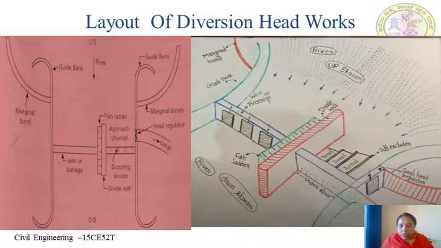You can see here, this is the canal head regulator, whereas undersluices are provided at a slightly lower level, that is at least 1 to 1.2 meters lower. Also, piers are constructed at regular intervals, and between the piers gates are provided. The flow of water is controlled by the approach channels of the weir, which is discharged to the downstream side by the opening of the gates here.